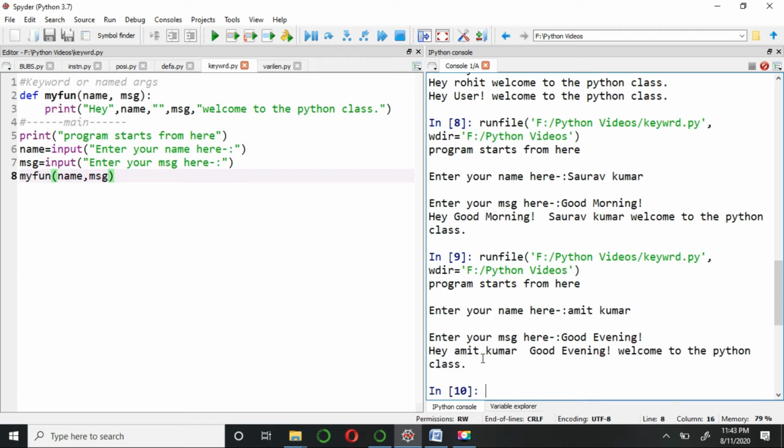See, hey Amit Kumar, the name is coming first and then the message. So whatever sequence you provide according to your need is known as keyword or named argument. These things come under the category of named or keyword arguments.